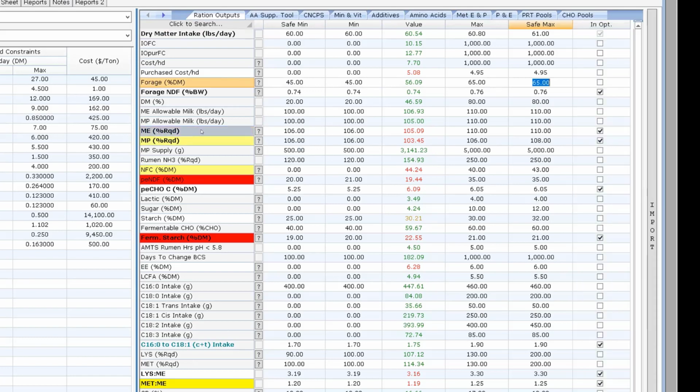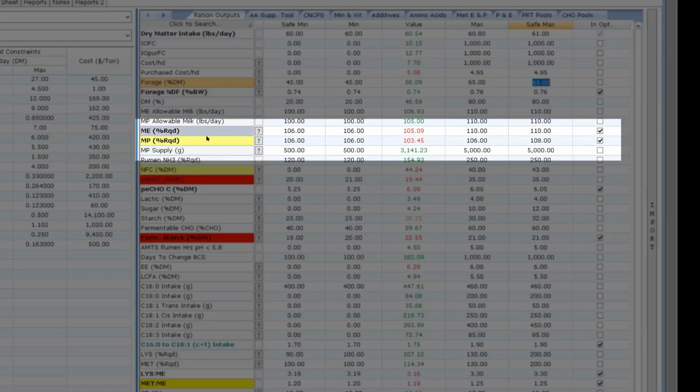And I also have things color coded. So for example, with the ME and MP, they're both here in yellow. Well, that's saying that the value is actually below the safe min.